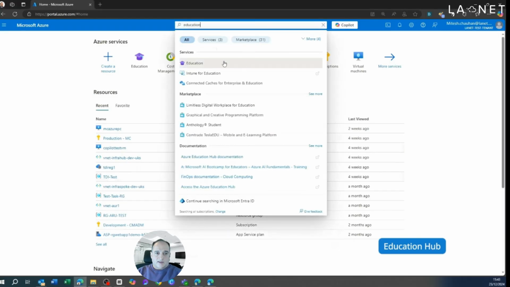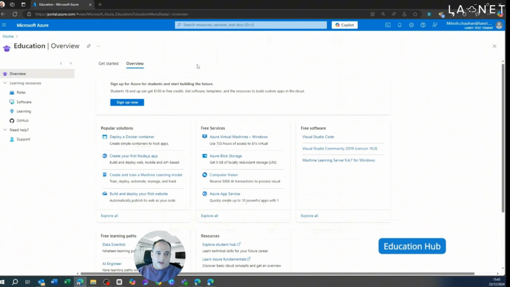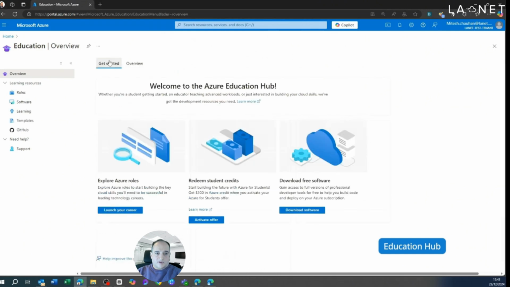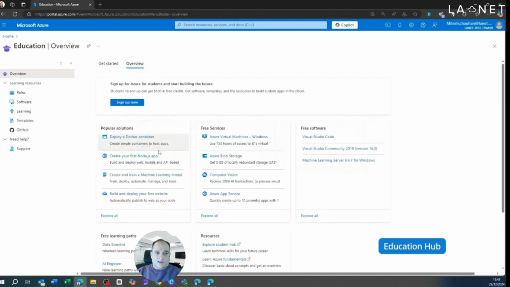Okay, let's take a look at the Education Hub. So you can search for that. And inside there, there's already some free services, links to free services, templates, link to training materials and those kind of things. So we've got templates there at the top for some of the free services and also free software